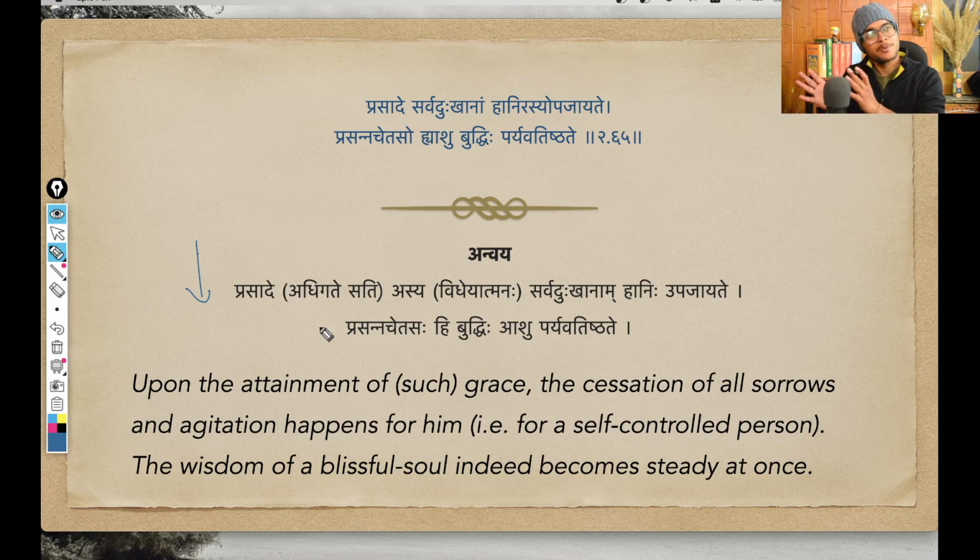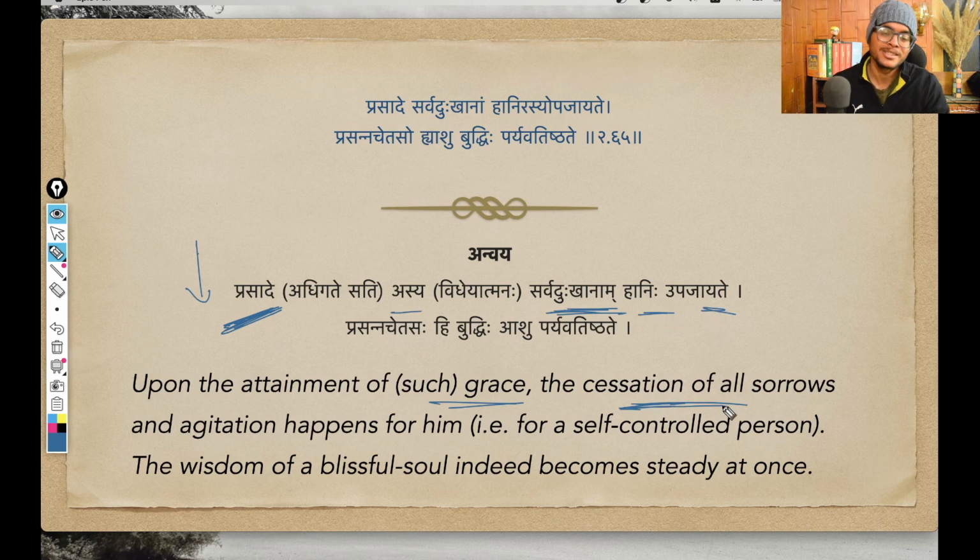Okay, so the Sthitaprajna person has attained that prasada, that Ishwar prasada, and as a follow-up to that, Krishna says, prasade, the Sati Saptami Prayoga. So prasade, when the grace is attained, asya sarva dukkhanam hanihi upajayate. So the cessation of all sorrows and all agitations happens for whom? For Vidheya Atma, for such a person. Upon the attainment of such grace, the cessation of all sorrows and agitations happens for